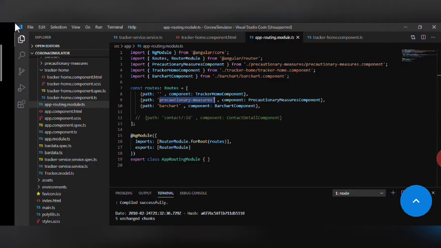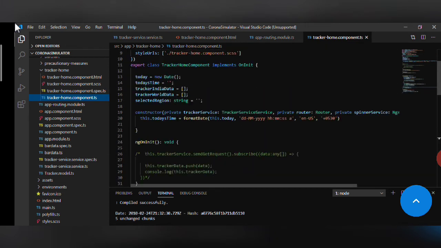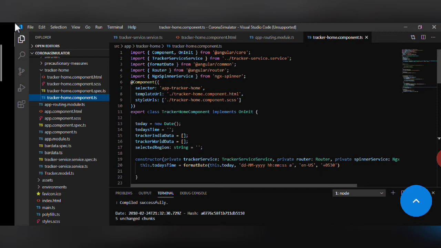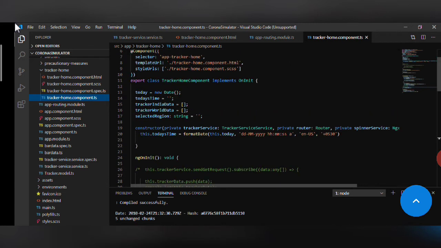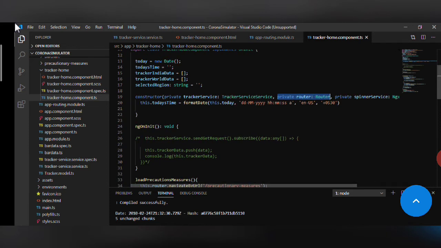Okay, so for navigating between these two pages, we have to make use of component.ts. As we have imported the router in app.module.ts, we have to import it in this file also. Now as this is a service, we will inject it into a constructor and take any variable name to call the router's inbuilt methods, like I've used a small router.